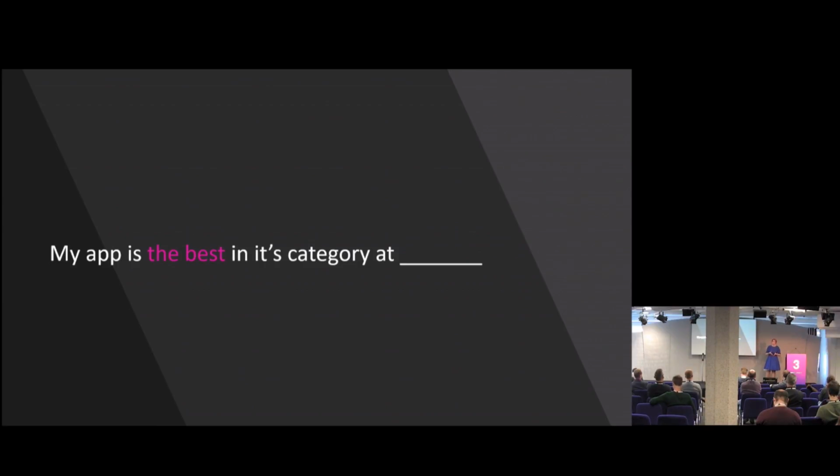So a good way to think is what your solution is going to be best at. So try saying, my app is best in its category at, then you fill in with a short descriptive sentence. And the sentence shouldn't be "at being an app," because that's not helpful. So try to be as specific as possible. Like if you are doing an app for departure times, you could say, my app is best in its category at departure times for buses. Or even better, you can narrow it down and say,